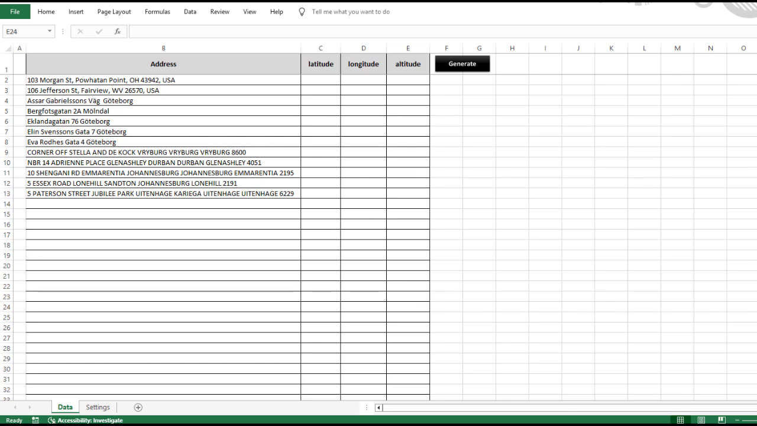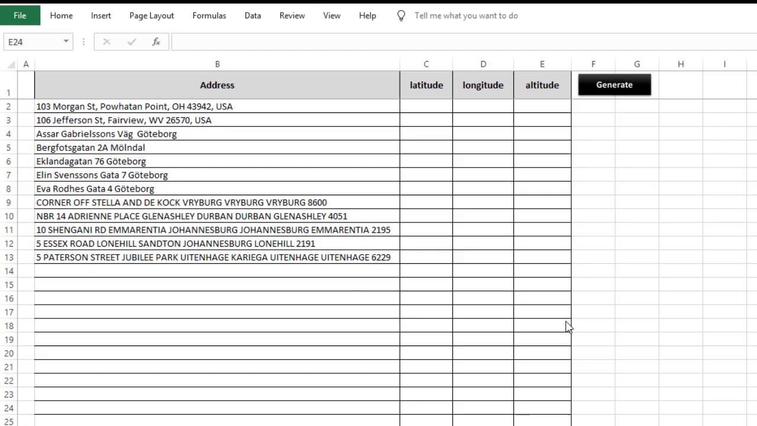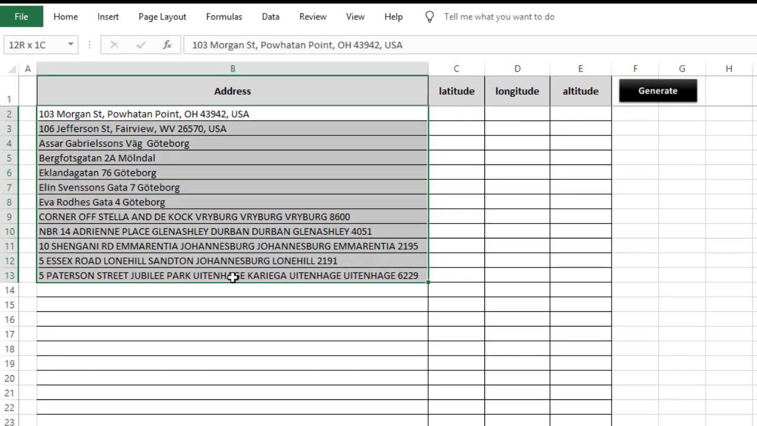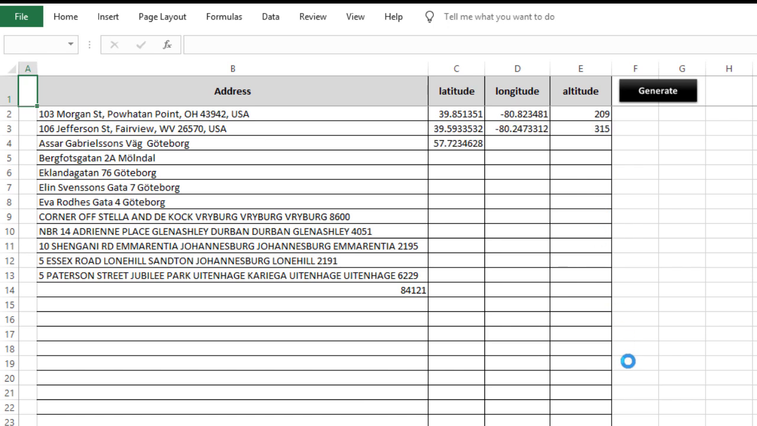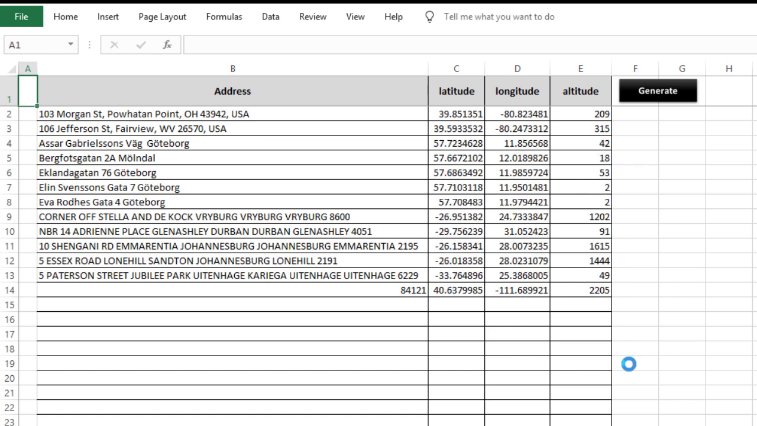Using it couldn't be simpler. You paste your list of addresses into the sheet. Whether you have 20 addresses or 20,000, Excel Geocoder handles it with ease. Once your list is ready, click the Generate button, and the tool instantly fetches the latitude, longitude, and even altitude for every address. The results are neatly organized in columns, making it easy to export, map, analyze, or integrate into